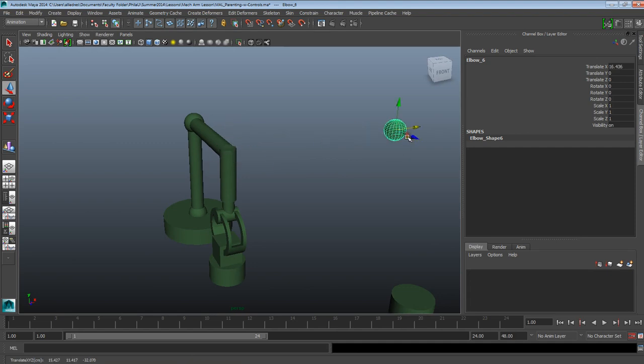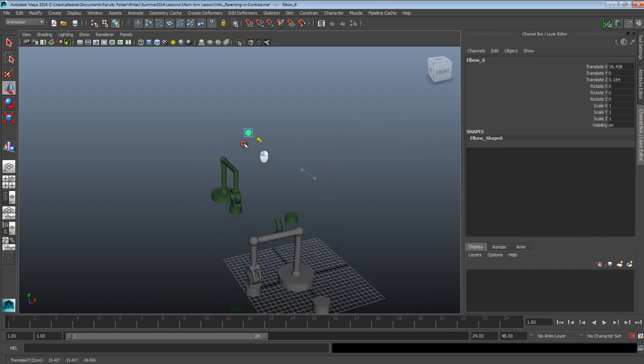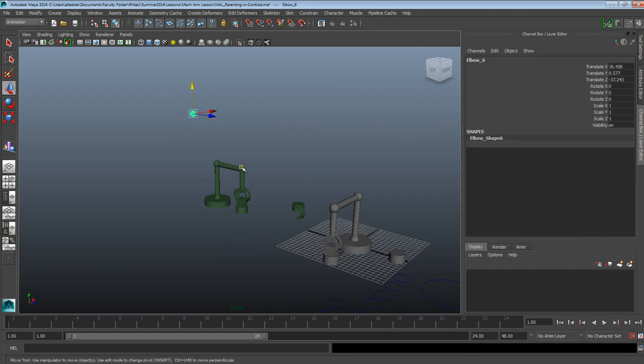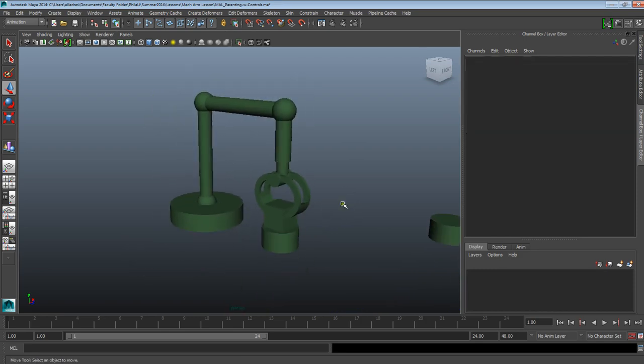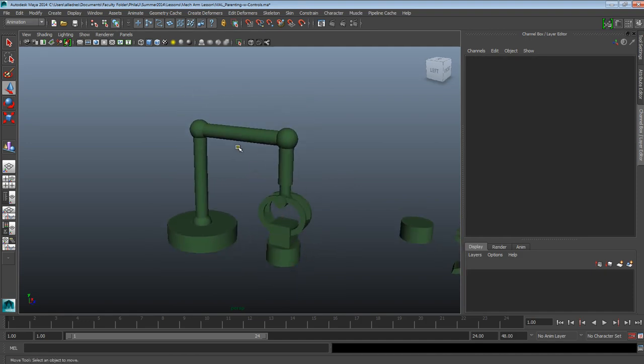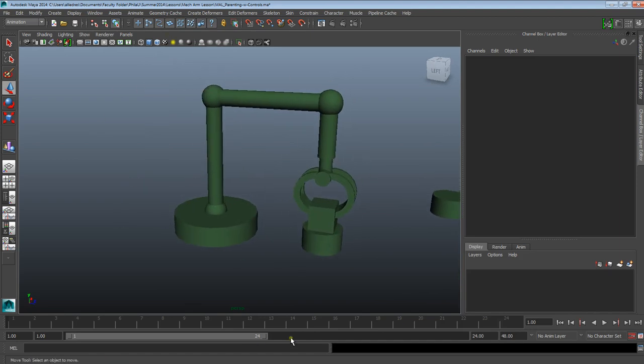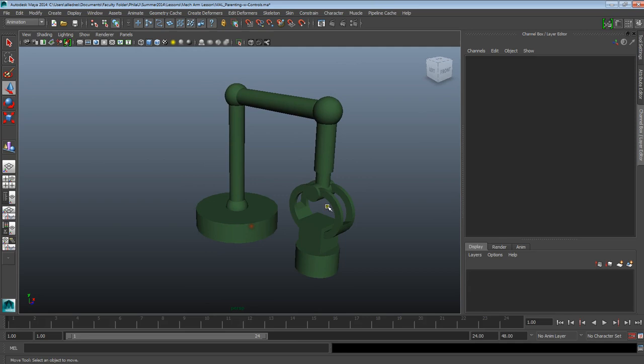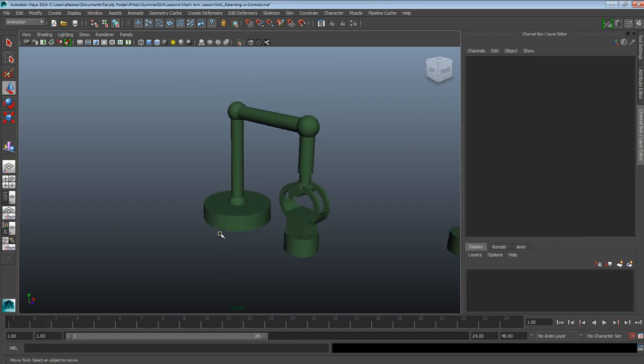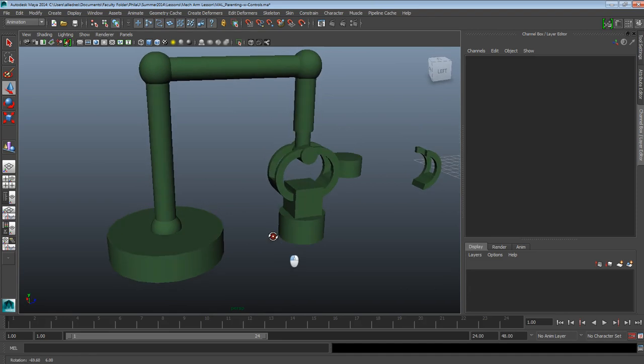For instance, if I move this here somewhere in my viewport, alright, and if all I need to do to bring it back to this point is basically change all of these to zeros, and it brings it back to the original position. Alright. So again, when it comes to animation, being able to come back to the original position is very important. So at this point, I would freeze transform everything to make sure that if I move anything by accident, I can always bring it back to the position where it needs to be. So again, just to finish up here,